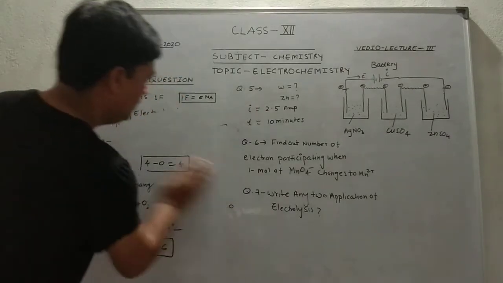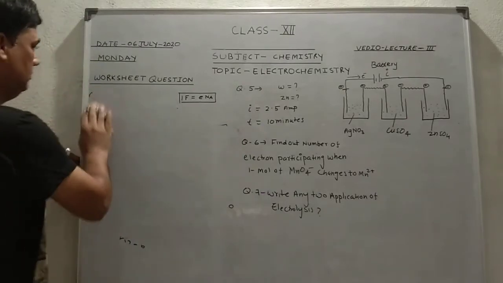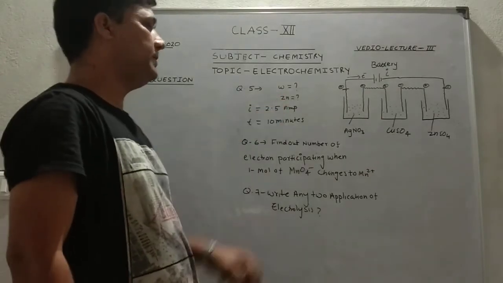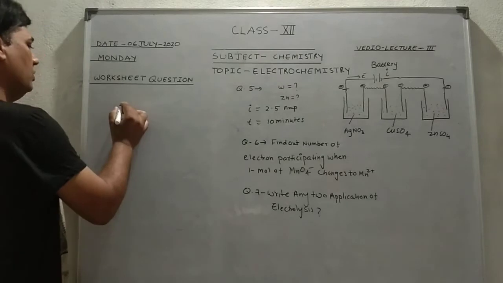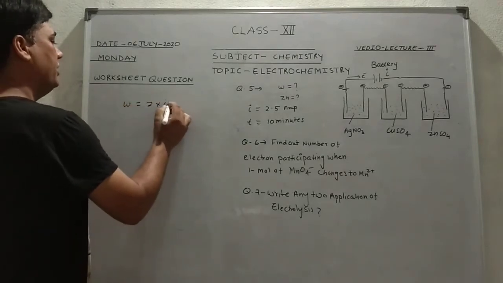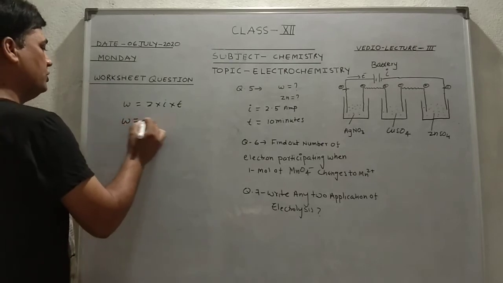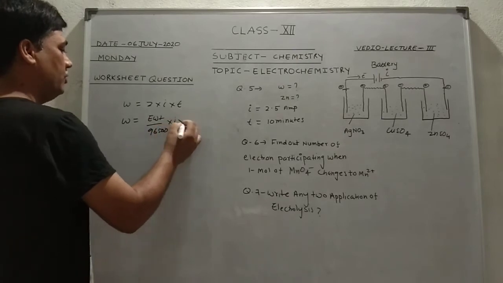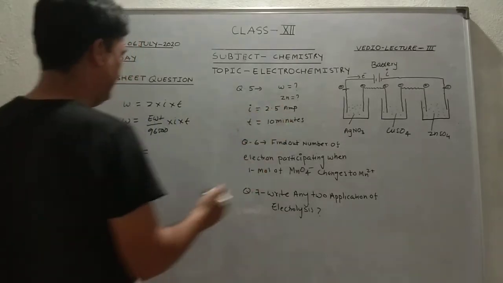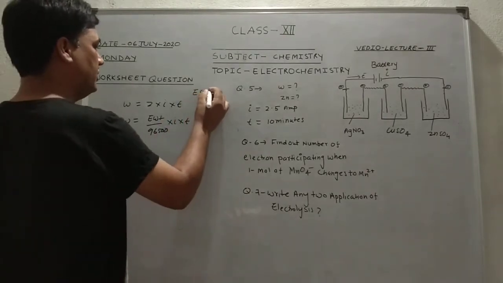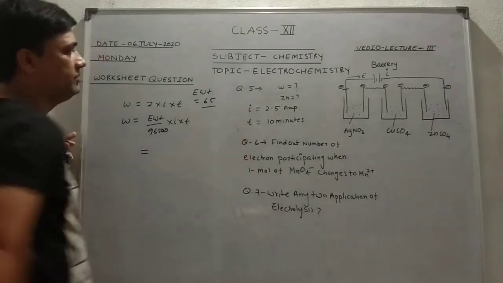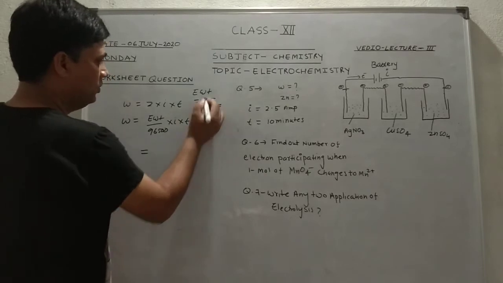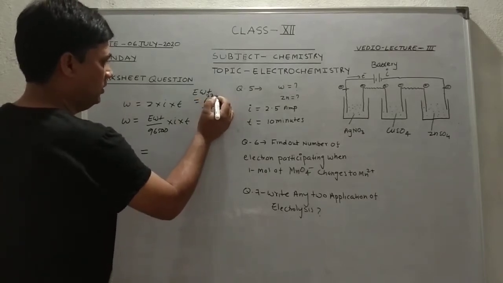Next question, question number 5. The amount of zinc deposited at an electrode, W is equal to Z into I into T. So W is equal to equivalent weight divided by 96500 into I into T. Equivalent weight of Zn can be calculated as atomic mass 65 divided by charge on Zn, which is 2. So 65 divided by 2,